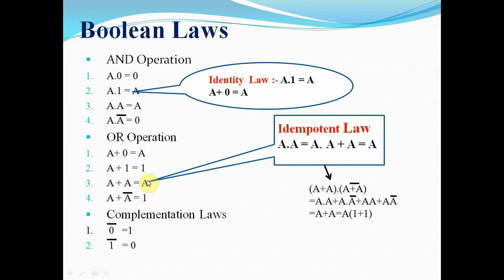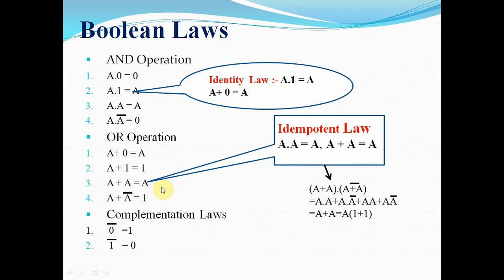we will take a common, and it will give you the value a. So 1 plus 1 becomes 1. So if we find out the bracket a, what will happen? 1 plus 1, which is equal to a. A plus a bar is also 1. These are the OR laws, and the last one is the complementation law.